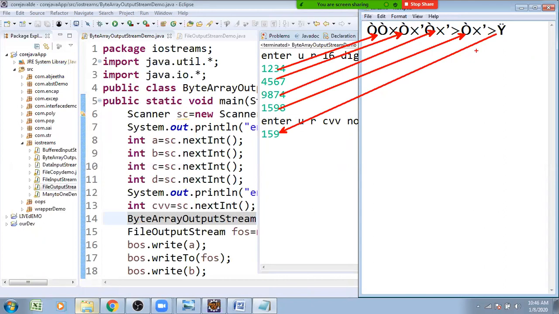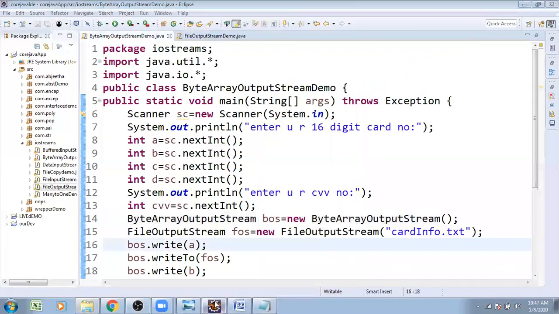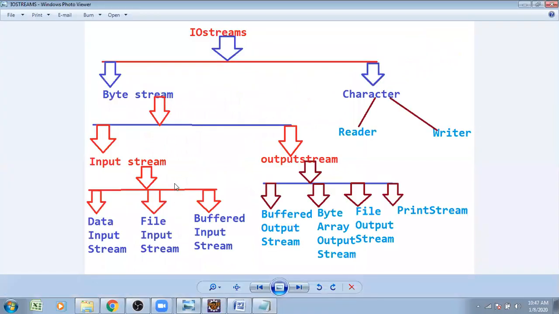So we are going to use binary input, binary output, and byte array output stream classes. With the help of data input stream, we read data through the keyboard, from a file, or from buffer storage, generating output in a buffer, in a byte array, or permanent output with a file. Similarly, the print stream class is also used for printing functionality only.